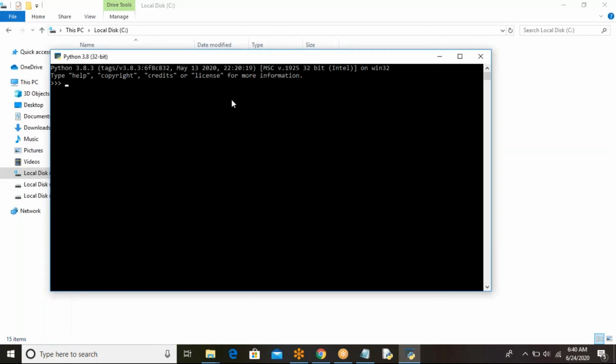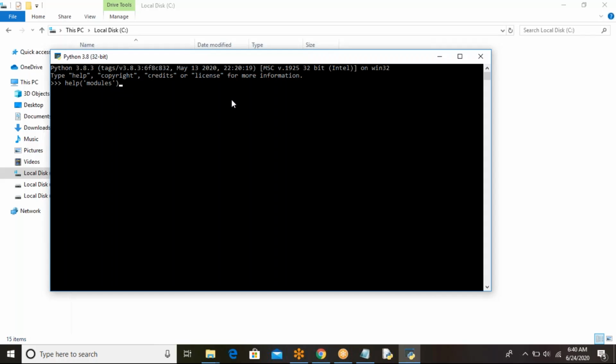Here we have to verify whether the four packages we installed are added to our Python software properly or not. For that, go to the Python prompt and type help, and in the parentheses, in single quotes, type modules.